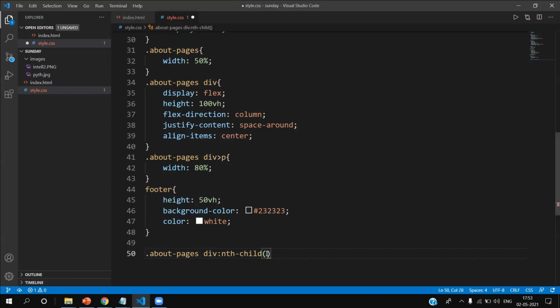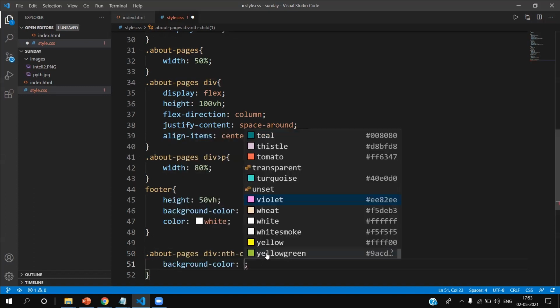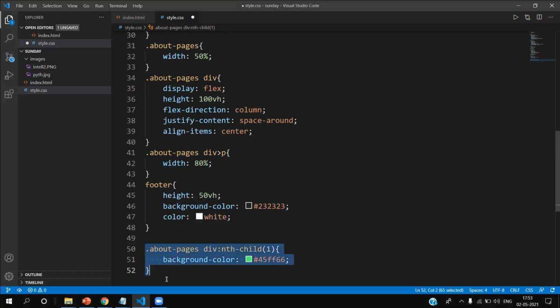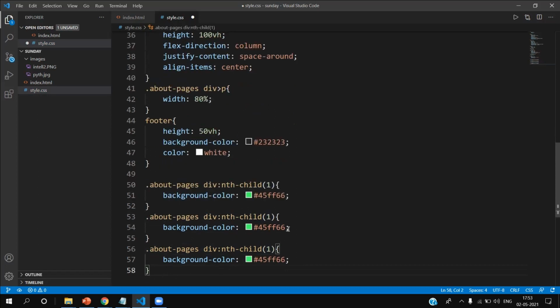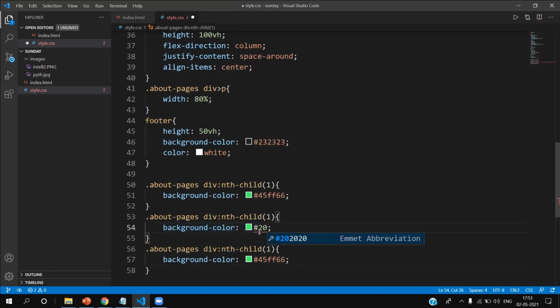Now for the first child, I want the background color to be 45 FF66. Let's see which color. Yeah, it's green color. So let's just copy this. Now we'll change this color to something else. 201679.